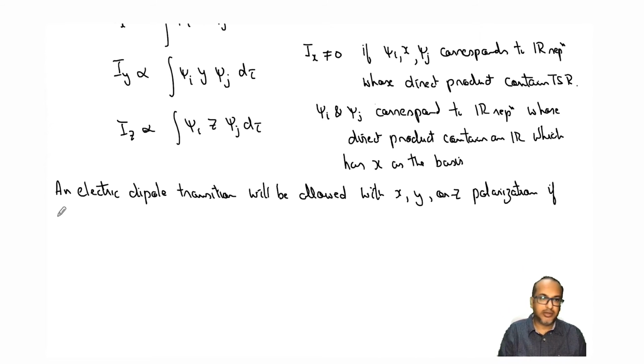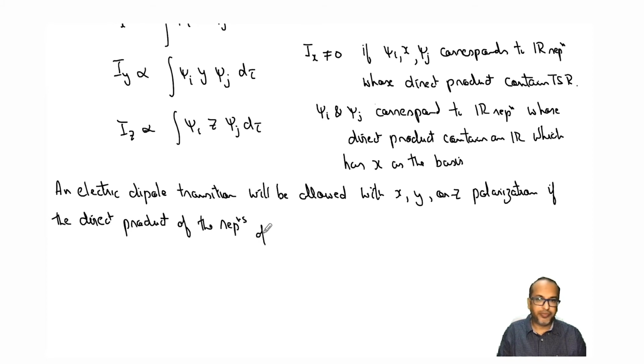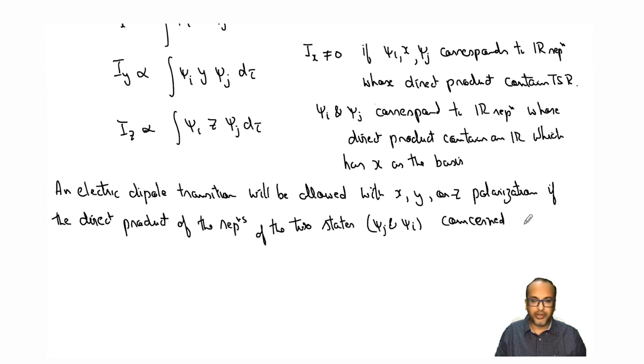If the direct product of the representations of the two states, which are psi i and psi j, the two states concerned, is or contains the irreducible representation to which X, Y, or Z belongs,